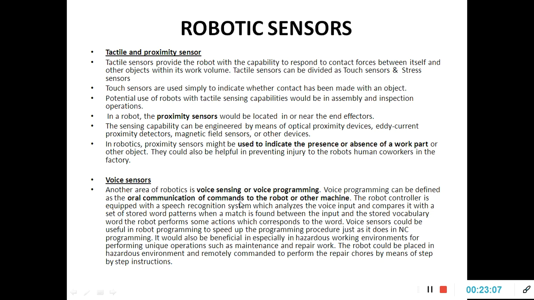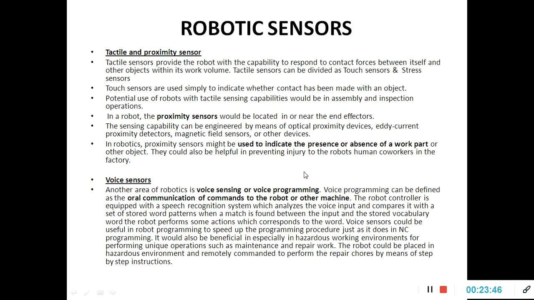Ferromagnetic material is used in these proximity sensors, and if that ferromagnetic material is brought near to the workpiece or any obstacle, a magnetic field is generated in the coil. Due to this magnetic field, a current intensity is generated, so that it can give the information that an obstacle is there in the path of the robot. This is how tactile and proximity sensors work.